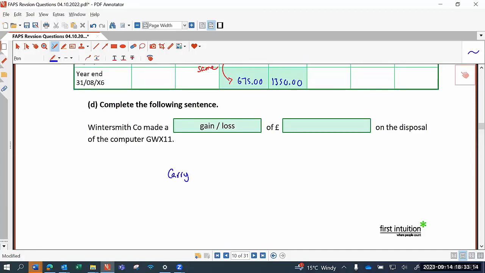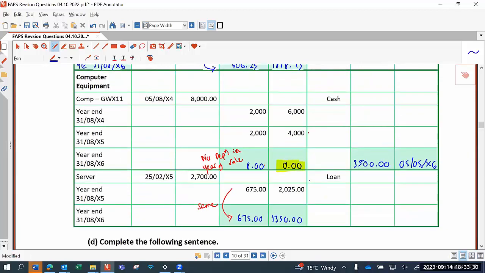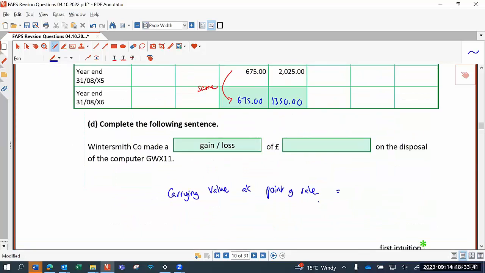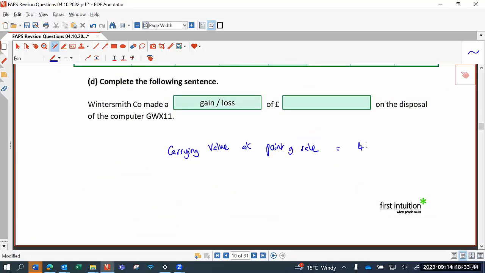The carrying value simply means the value of this asset in our books. So the carrying value at the point of sale was what? Let's have a look. Find the GWX11. There it is. Bought it for 8,000. We depreciated it by 2. It became worth 6. Depreciated by another 2. It became worth 4. So it's sitting in my books at a value of £4,000. When we sell it,